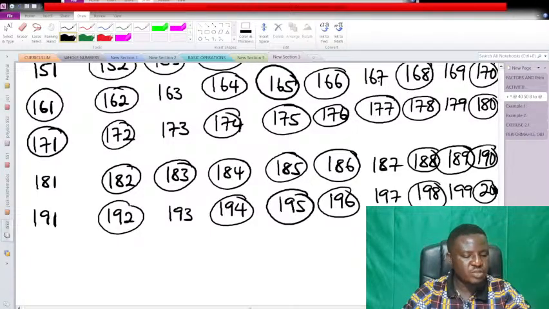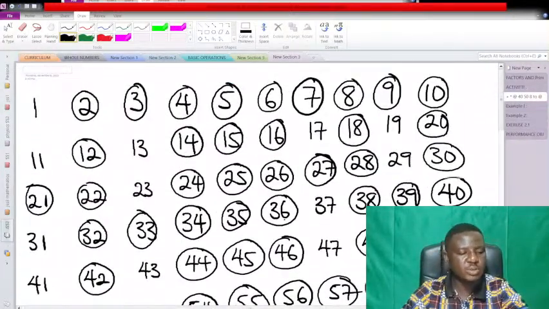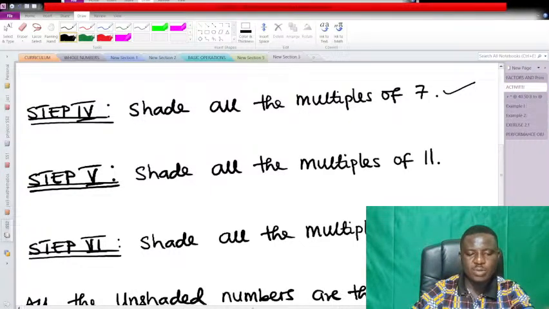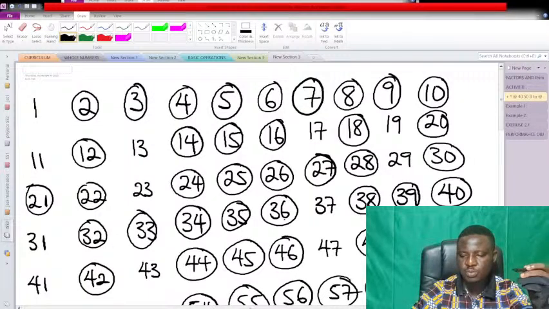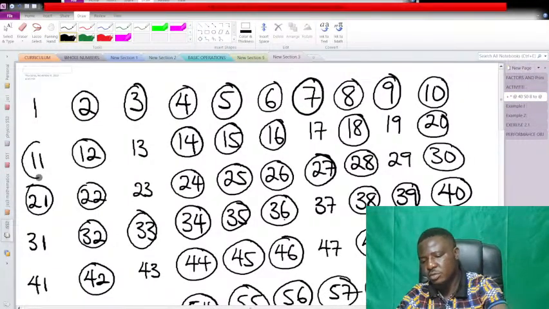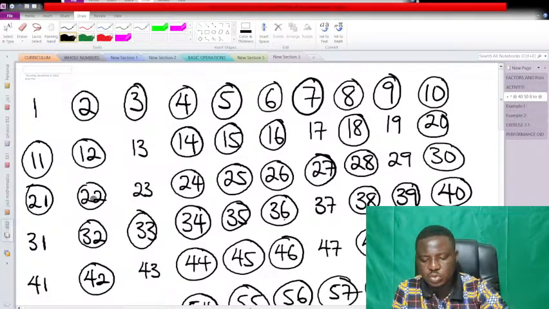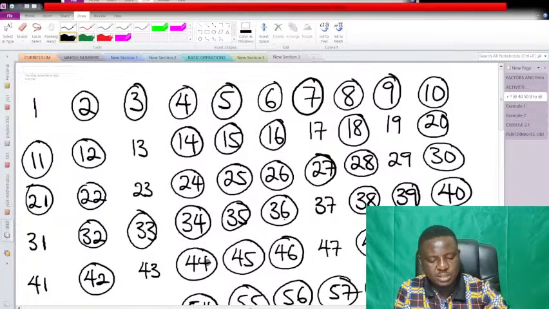Okay, so we have shaded all the multiples of 7. Now, shade all the multiples of 11. Multiples of 11, you have 11. 11 plus 11 is 22. 22 plus 11 is 33. 33 plus 11 is 44. Okay, in that order: